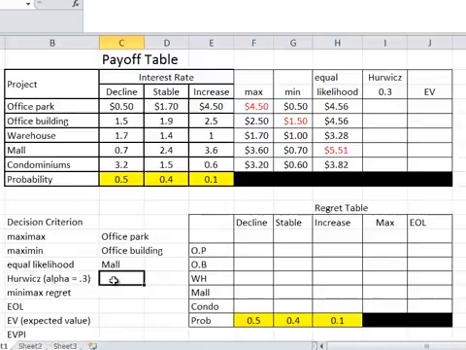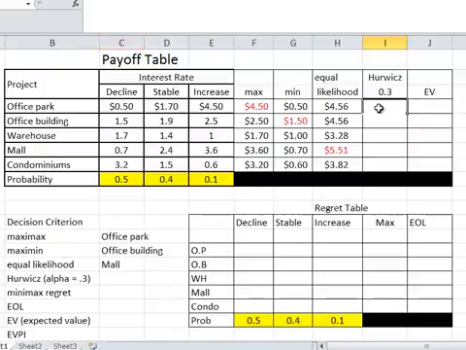In question 4, we're going to study the Hurwitz method. In the Hurwitz method, we're going to select a constant alpha. This is how Hurwitz works. The value alpha is essentially the probability we believe the best scenario is going to happen. So 1 minus 0.3, which is 0.7, is going to be the probability that the worst scenario is going